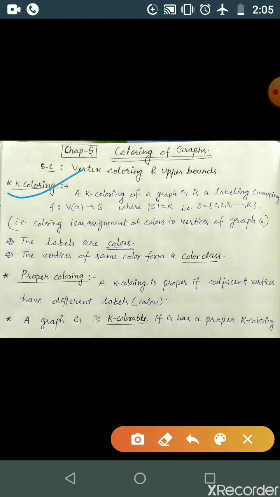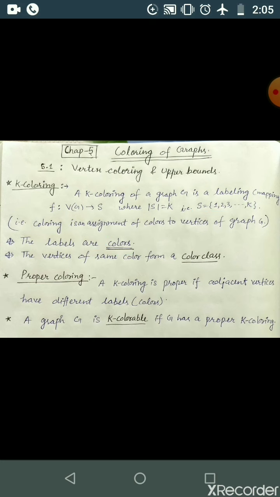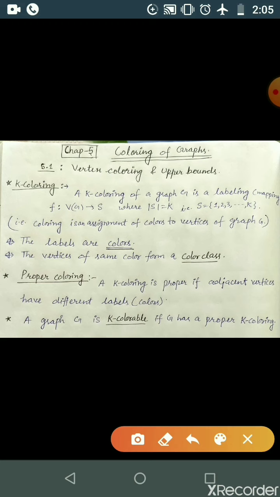So in some books you might find that definition, or in another book, that is Douglas B. West, you can find this definition. Okay, now these labels we are using, 1, 2, 3 and so on up to K, are colors. These are K different colors: first color, second color, third color, and up to the Kth color. So for simplicity we can just use the labels, because one might not have all the K colors, correct? So just to imagine in your mind, you can just use the labels.